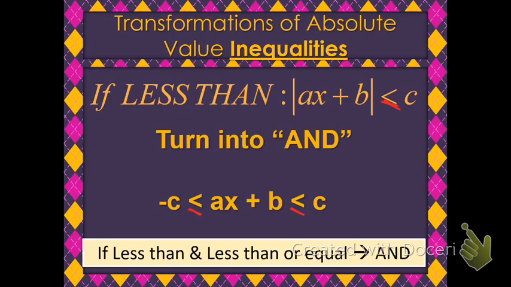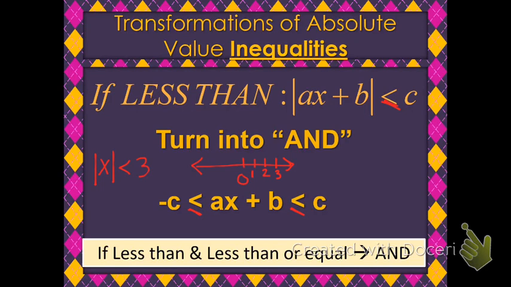In terms of the reason why it works out this way, go back to that definition of absolute value and remember, if you have something like absolute value of x is less than 3, that literally means think of some values that are less than 3 spaces away from 0 on the number line. So here's 0, and some numbers that are less than 3 away would be like 1 and 2,